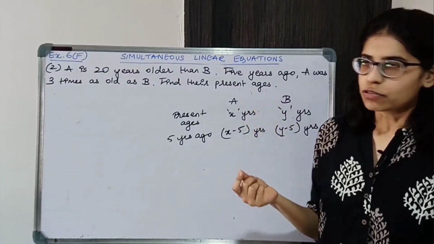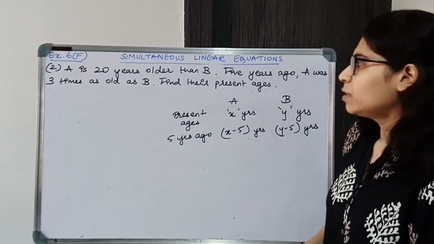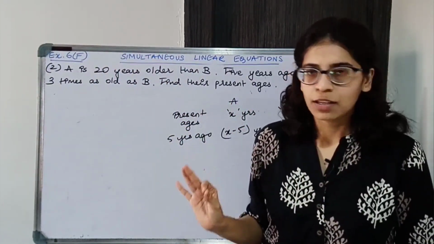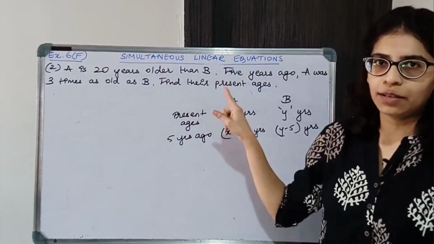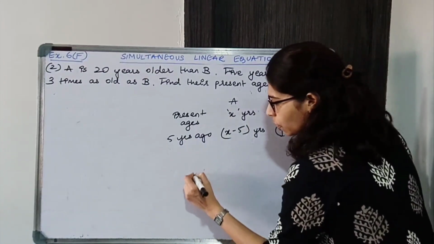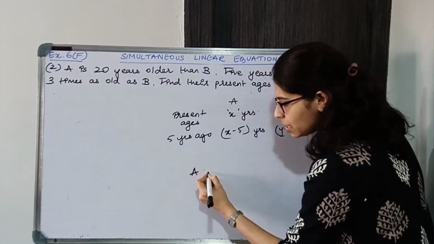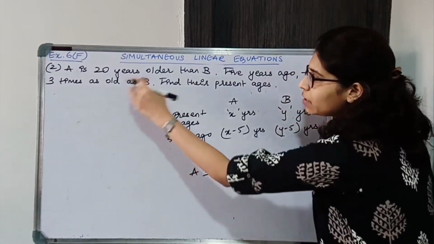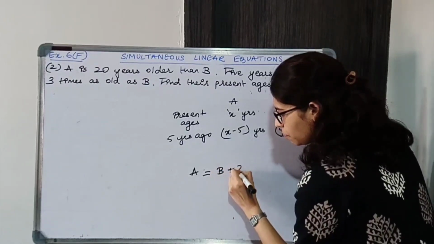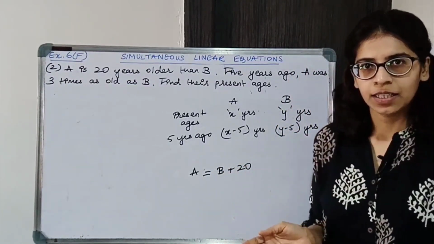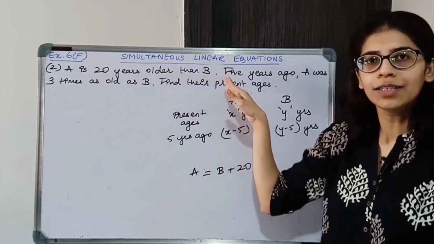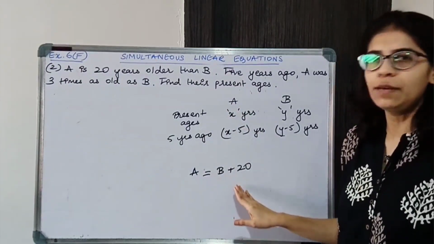Now framing the equations. A is 20 years older than B. Is means currently we are talking about the present ages. Alright, so presently A is 20 years older than B. So A is elder one है, and B is younger. So A का age is means is equal to 20 years older than B, means 20 years more than B. So it will be B plus 20. Right? Had they given younger, then you would do minus 20. Okay, if A is 20 years younger than B, then you will take A is equal to B minus 20.